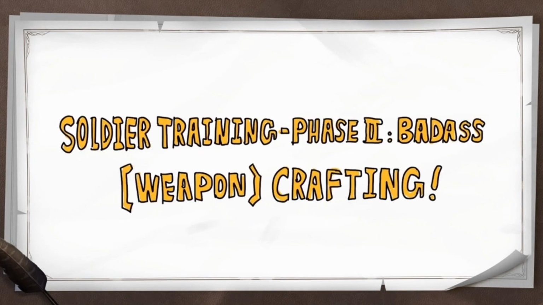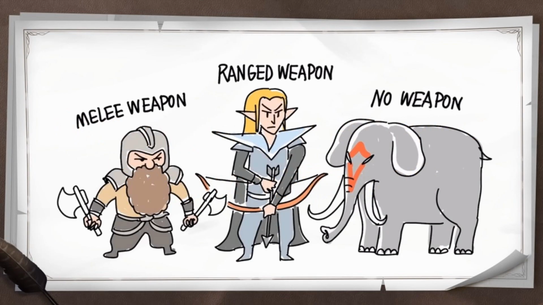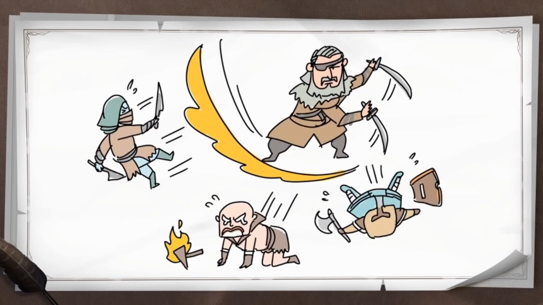Moving on into our second phase of soldier training, which is going to be weapon crafting. Now, with weapon crafting, there are going to be 3 different options that we talk about: melee weapons, ranged weapons, and no weapons. Whether your commander is using a melee, ranged, or no weapon, it is going to give